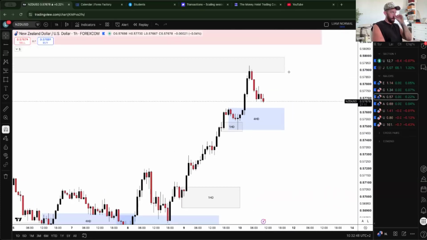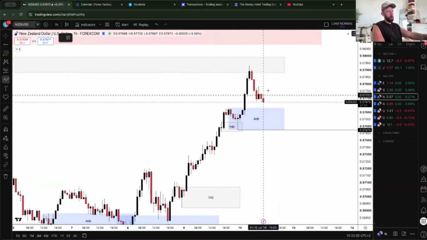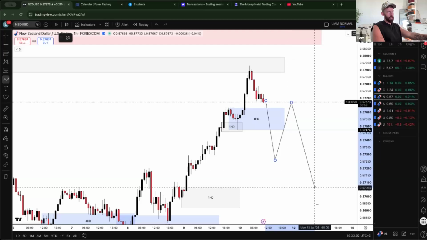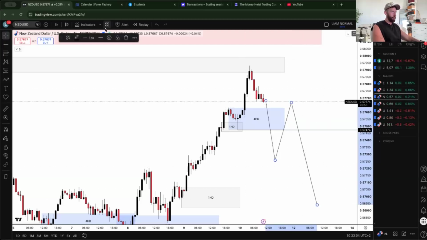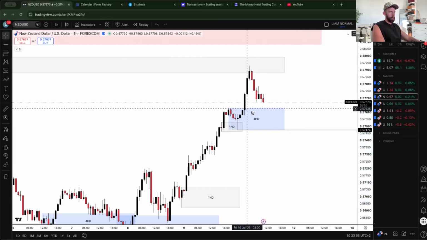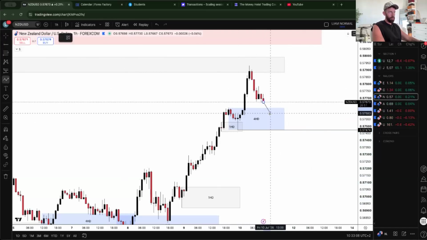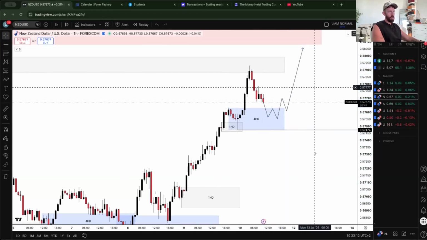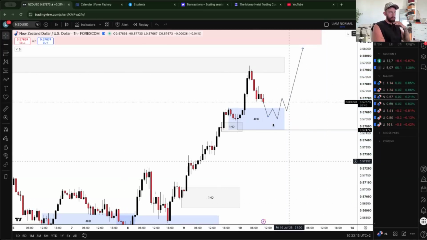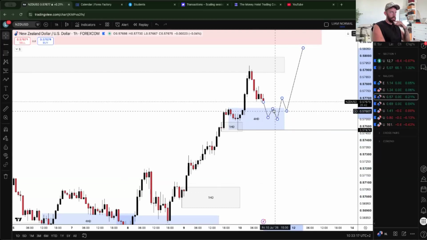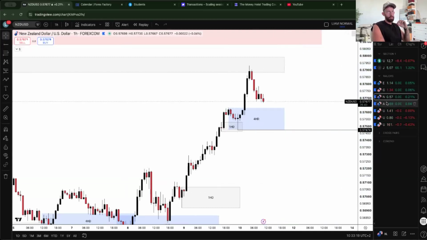So in order for us to participate in the shorts long term of this, we would need to see this low broke. And if you get that low broke, that's when you can potentially look for the shorts to carry on down. But at this moment in time, we have this 4 hour demand area, and that's exactly what I'd be looking for if it aligns with the US dollar to give us the reaction away from here. So hopefully that makes sense to you guys watching.